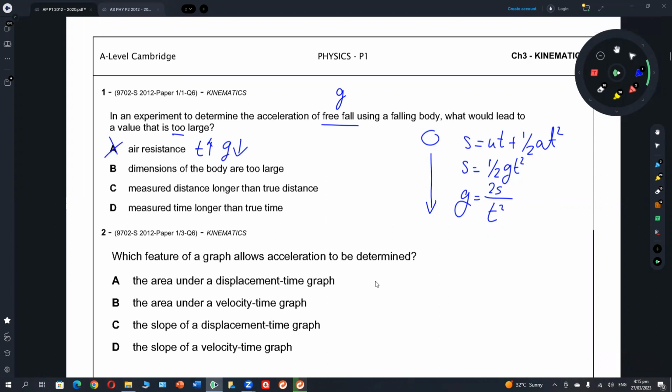Dimensions of the body are too large. Dimensions means bigger. Now, do you remember that the size of an object, does it matter? If there is no air resistance, size of an object, does it matter in value of G? No, it does not. And even if you remember a concept, I want to get it back. The size, the dimensions